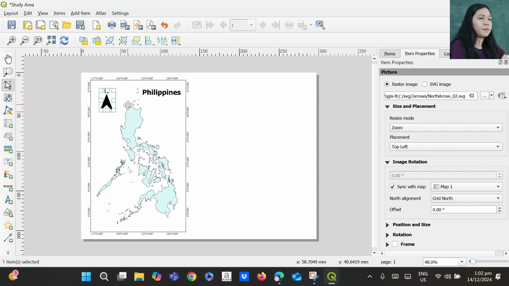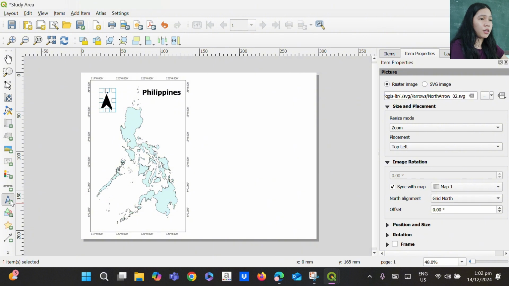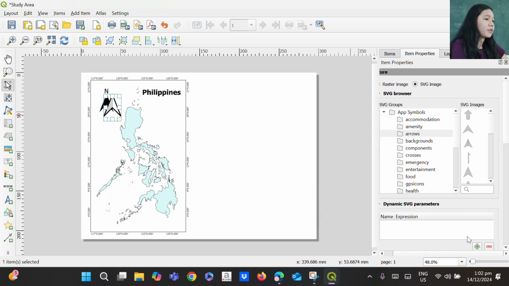If you do not like this arrow style, you can add another one. If you need to add another one, just click this icon, then draw again, then choose your desired arrow style.